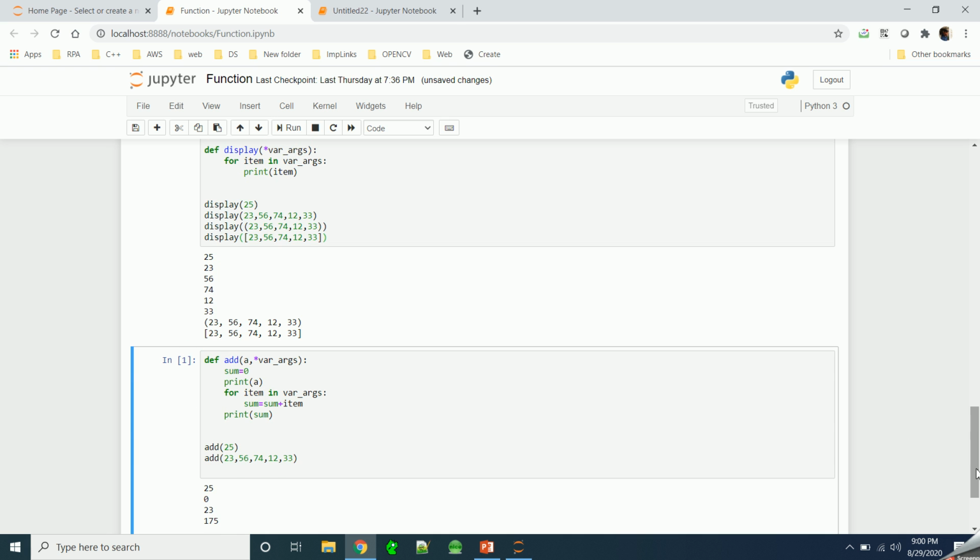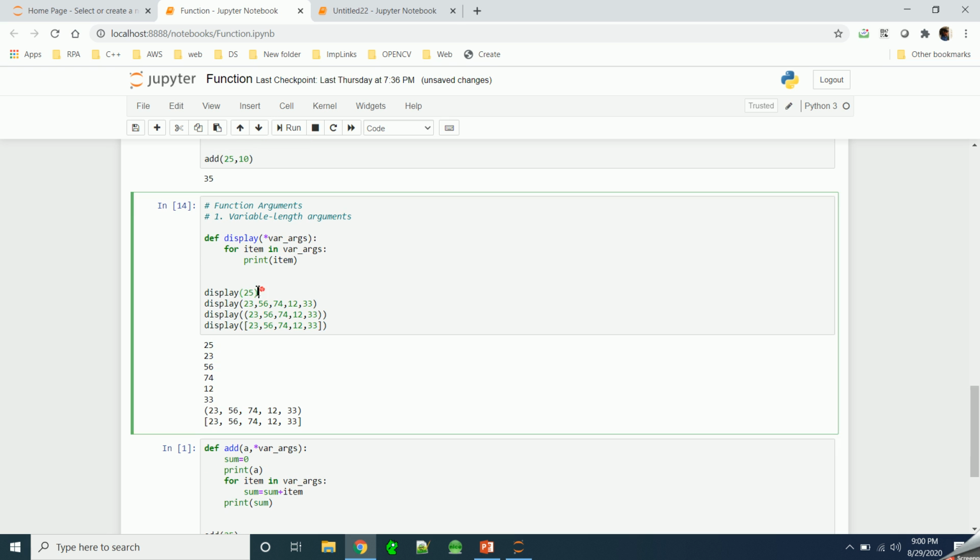In this case, if you see, first 25 is passed, so 25 is printed, and in this case we have passed 5 values. Okay, 23, 56. So you see it has printed 5 values. 5 different values it has considered because it is a variable length argument. So we can pass one value, two values, and any number of values we want. And we can even pass this list. If you see, this tuple is printed and then the list is printed. Okay,